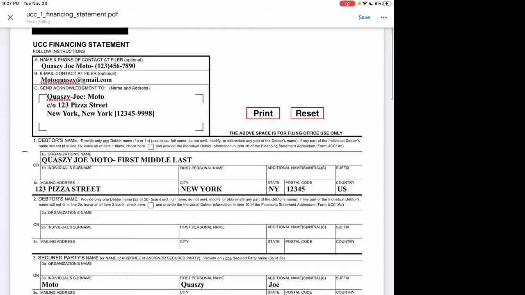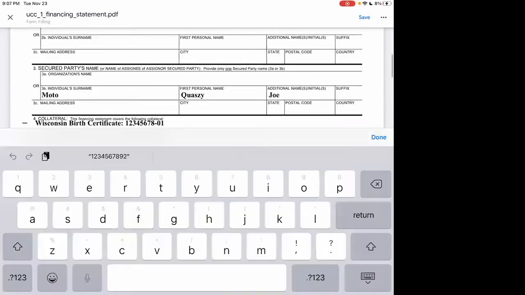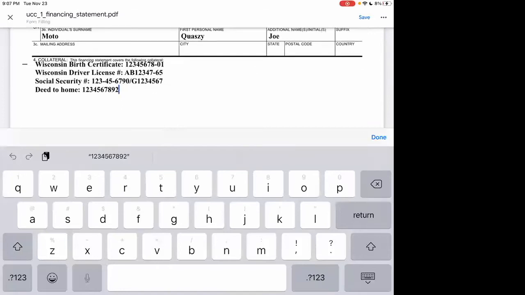Okay, and you upload that too. Gotcha. Yeah, for example, if you're doing this online, you can only put in the collateral section. That's fine. You can list all your documents. When you print that out, you can get your copies ready and then put that on public record at your actual county office, physically doing that there.